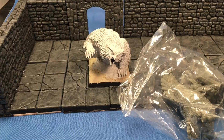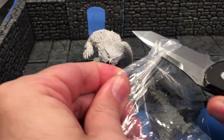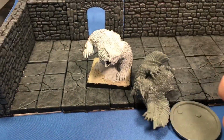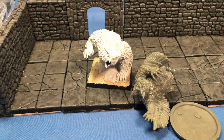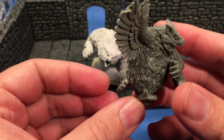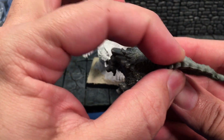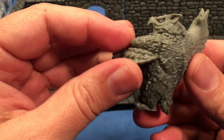So, without further ado, let's open up this little bag. Didn't really come in a blister. They saved themselves quite a bit of money with the packaging, and so we got that. So right away, it's a little stubbier. The wings are really super thick here. It's got a lot more detail than one of your standard Bones miniatures,